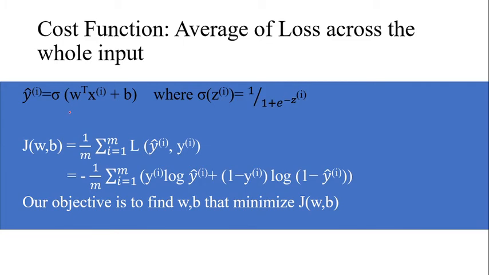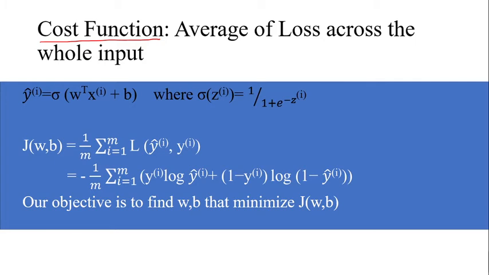So before jumping into that, we look into the cost function. So what is the cost function? Loss is looking at one input sample, but we are not going to optimize our method for one input sample. We want to optimize our method for the entire data set so that, overall, our algorithm will take care of the entire data.